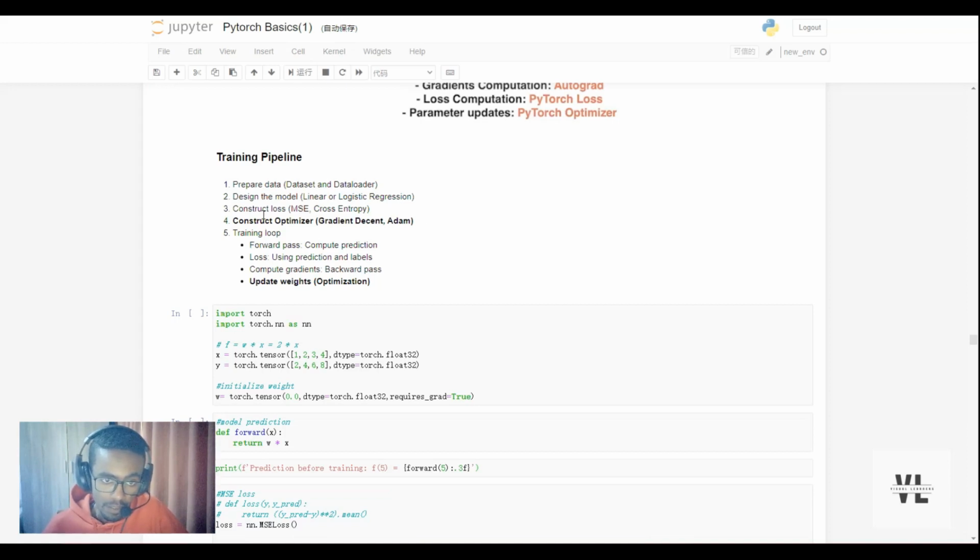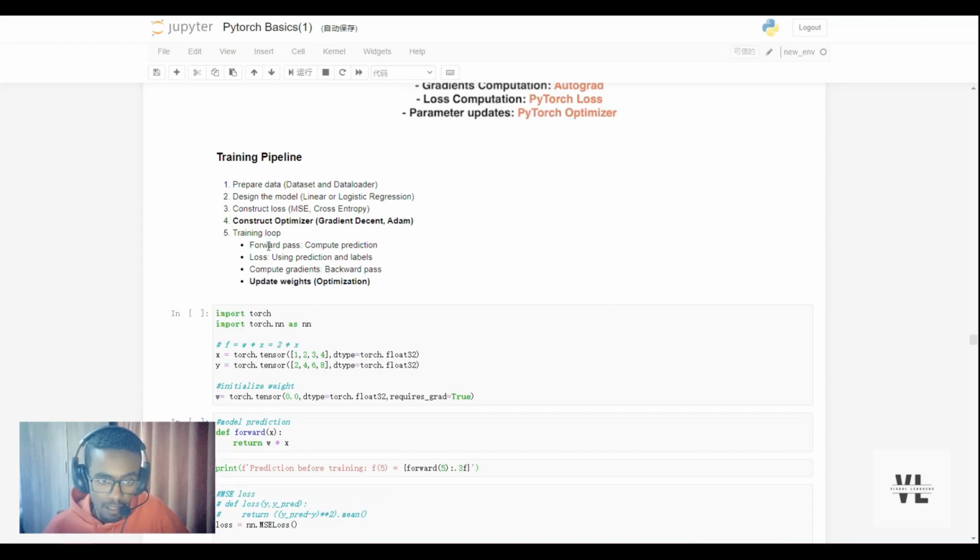Third, we must construct a loss function. It could either be a mean squared error or cross entropy. Fourth, we need to construct an optimizer. In the video about optimizers, we have seen how to implement gradient descent or Adam